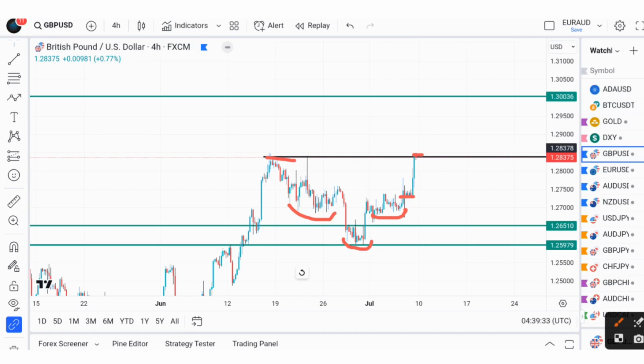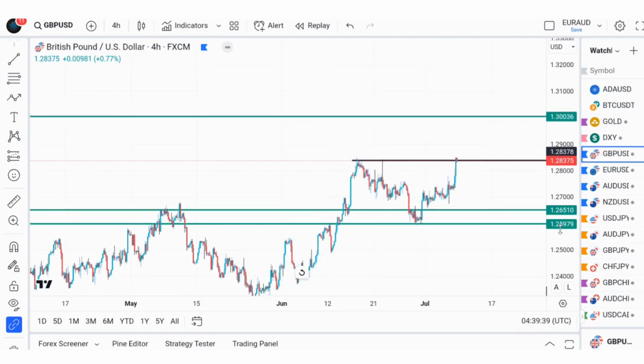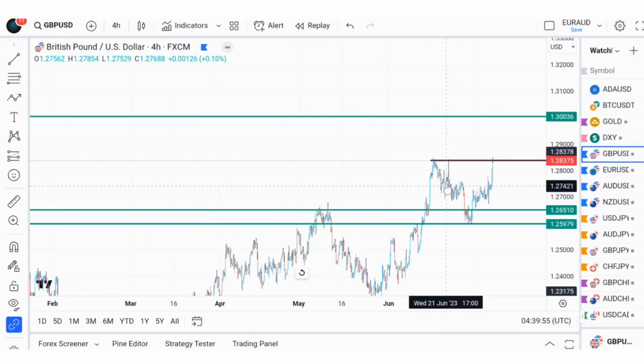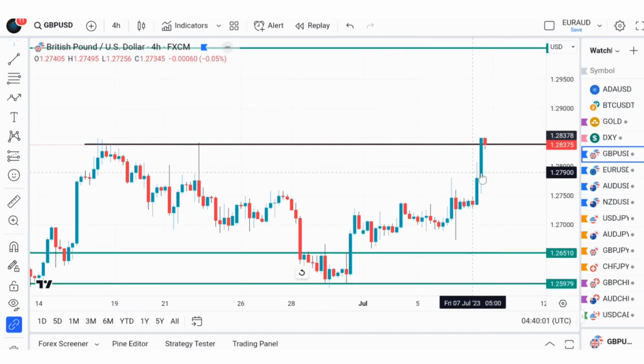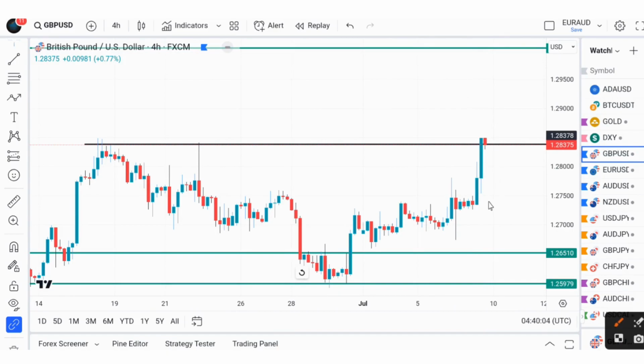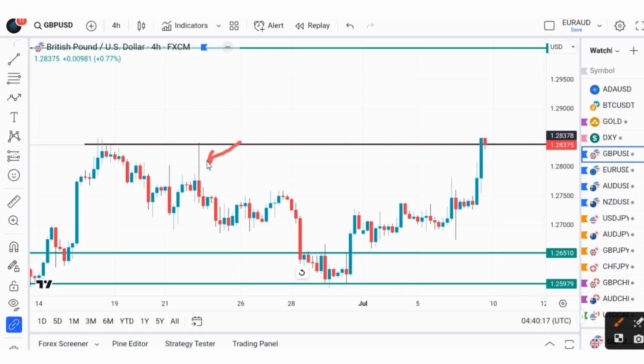So what are we looking at on GBP USD this week? We might actually see a rejection, that is a retracement from here, maybe because this is another area of resistance level right there, and then we have an order to fill at this particular area. We can also see that we have a large momentum to the upside, but this is as a result of the disappointing NFP result from the US dollar last week. And then I think we have an order to fill at this particular area.